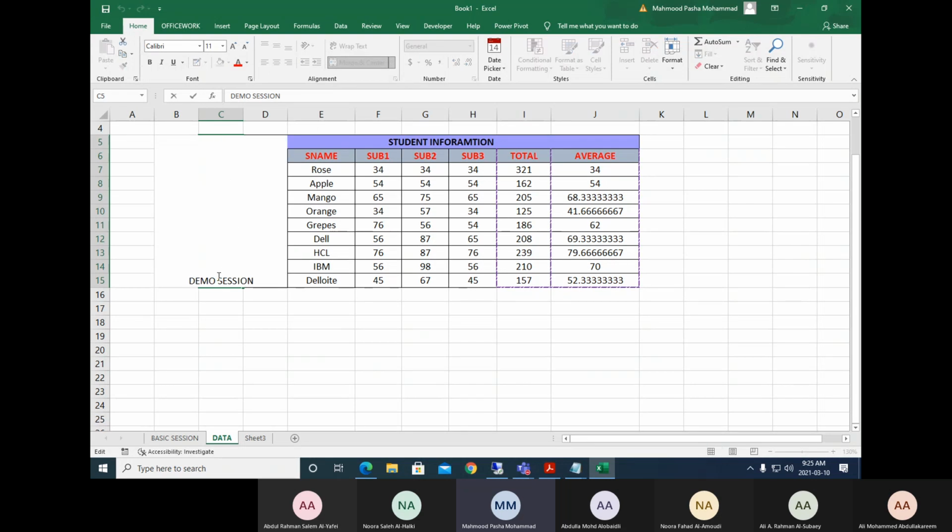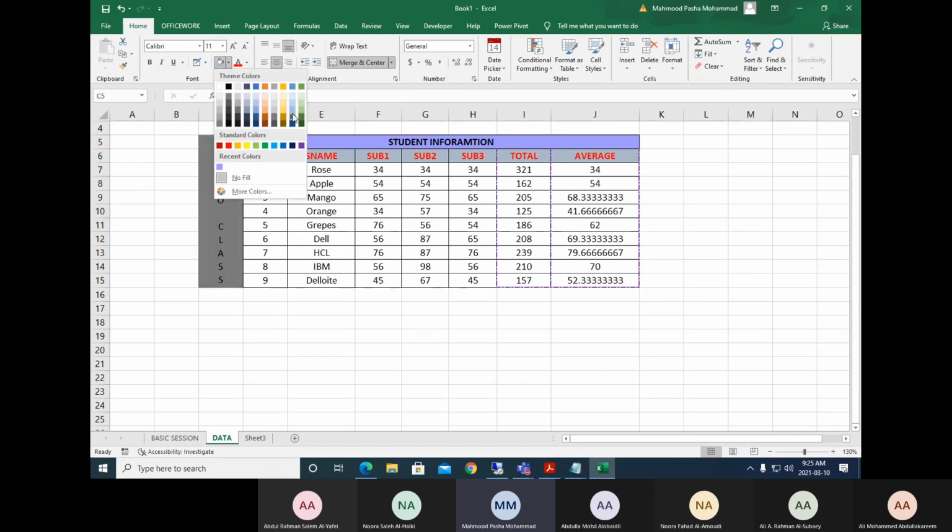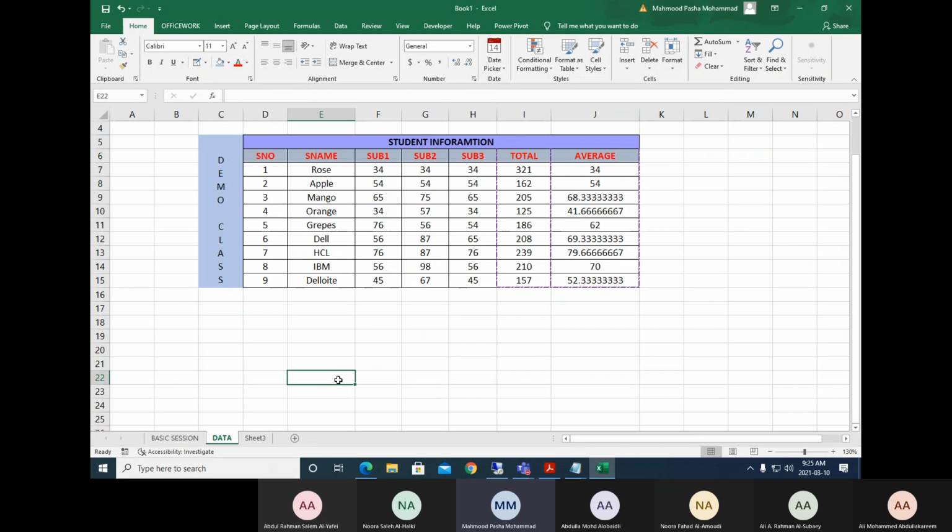So this is how we can change this. Now let me write demo class. Now you can see demo class. So this is how we can change the look of the text, how you want to make the text available, to change the text in vertical or horizontal direction.